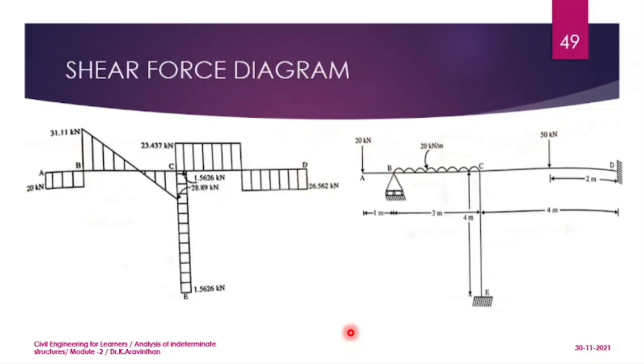This is the shear force diagram. Split all the sections, A to B. Split it, write the moment. You will be having moment at both the sides and find the reaction. You have to find RB and RC. So you have to split this section and write the moment, find the reaction, and after finding the reaction you have to find the shear force. So you can try it by yourself. You can take down the final values. You will be getting 1, 2, 3. There are 3 sections. You have to split the 3 sections and try it.